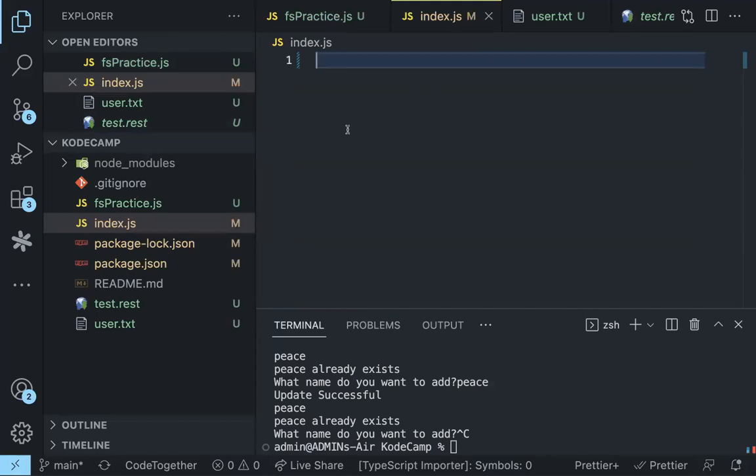Okay. So now I want to talk about Express, right? And I want to talk about two main concepts, two very important concepts in terms of Express.js. Remember that Express.js is a framework that allows us to receive requests from a client,